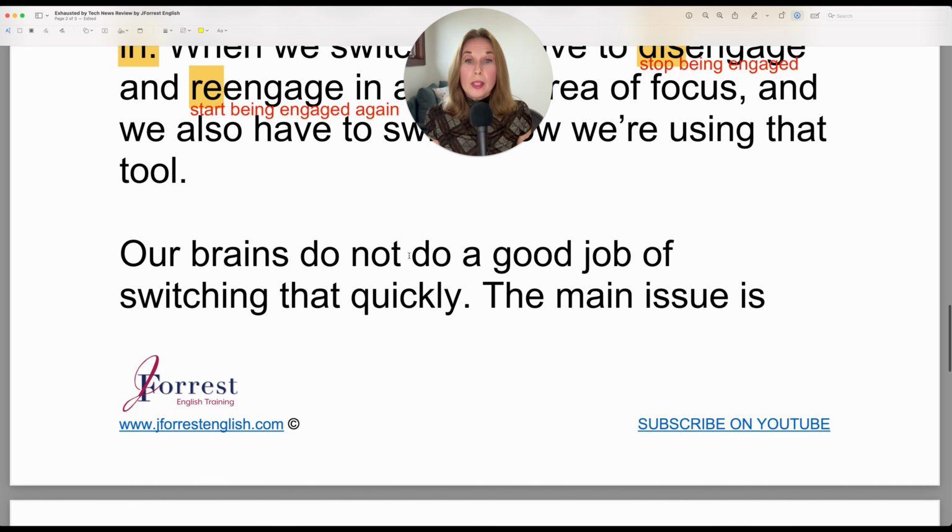So here you can use something positive, do a good job, and then add a negative word to make the overall meaning negative. If you want to reduce the amount of words required, you can use a negative adjective and then don't include the negative. Our brains do a job, okay? And then you need an adjective. So what would be a negative adjective? Our brains do a terrible job of switching that quickly. So terrible is the first one I thought of.